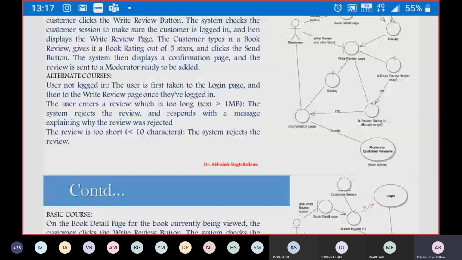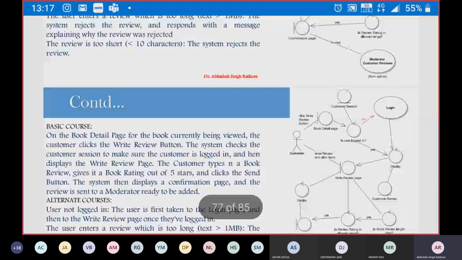So we have to create two display pages here. That will be a boundary class that says your review is rejected, or you can alternatively modify your review. So this is two controller classes plus one boundary class that shows the information that your review has not been accepted by the moderator.